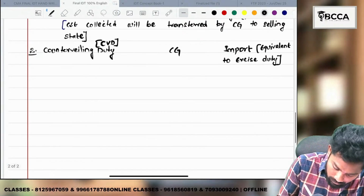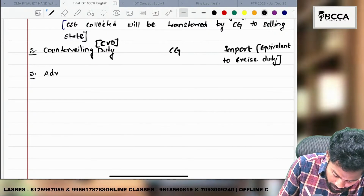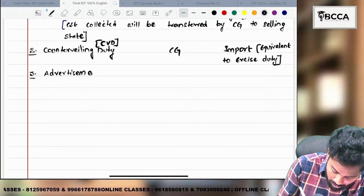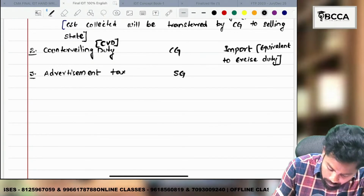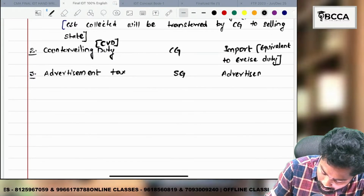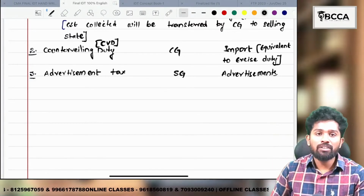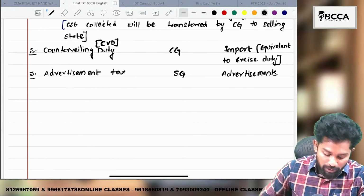Then there is advertisement tax. This advertisement tax is levied by the state government on advertisements. I mean, when these hoardings are kept or any advertisements are being made, then on them this advertisement tax used to be